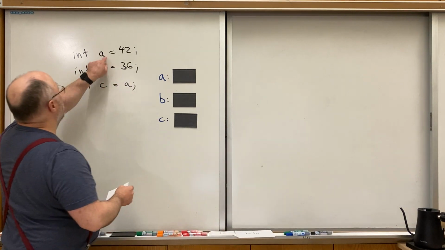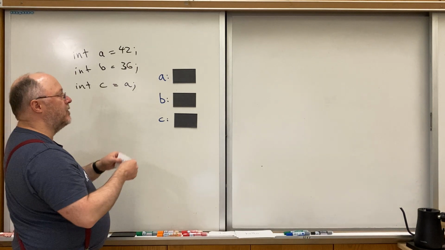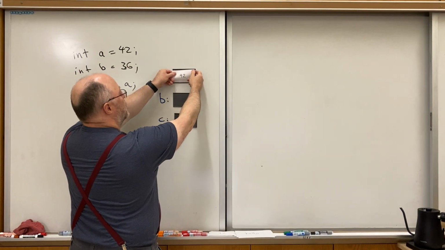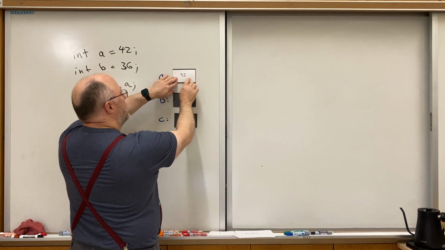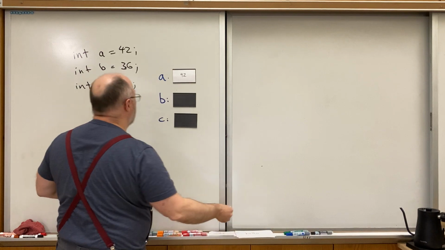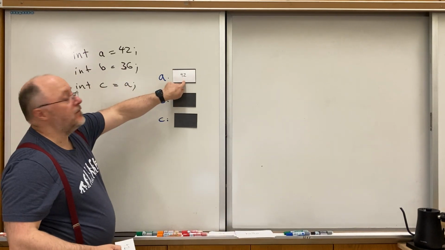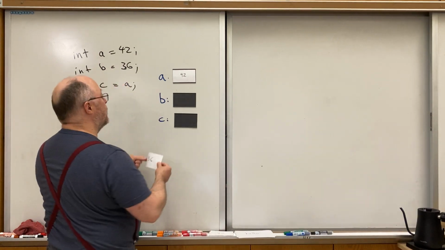I'm going to represent the values with things we put on these cards. Obviously in the real computer memory, values are stored in bits, but we can think of it as writing the number on the card and sticking the card in the place that the variable is being held. So A gets the value 42, B gets the value of 36,